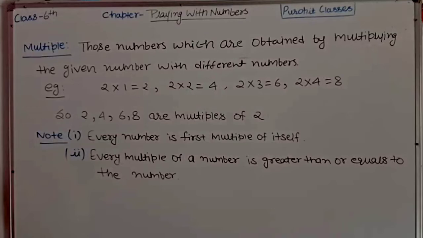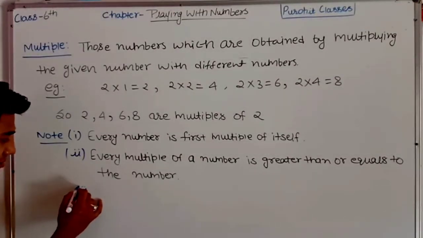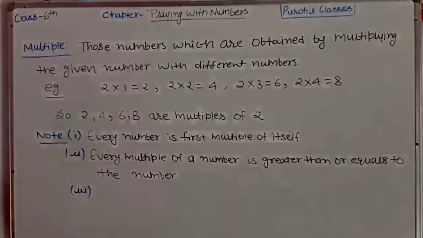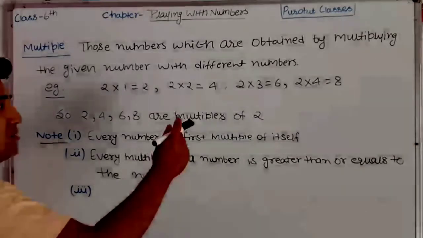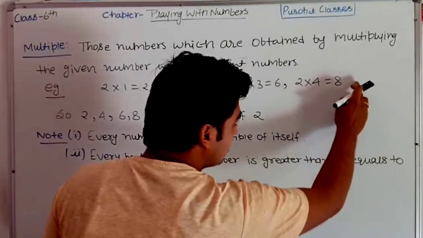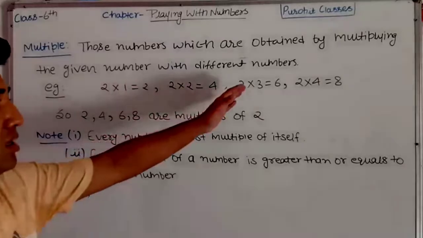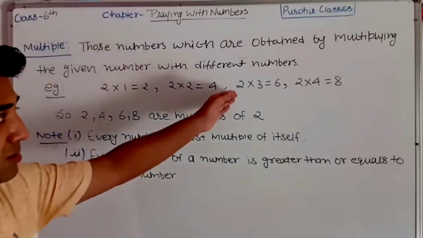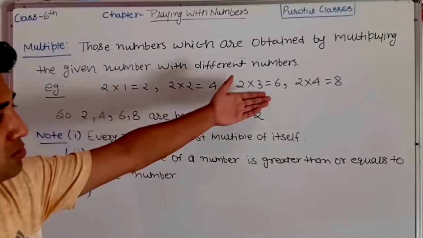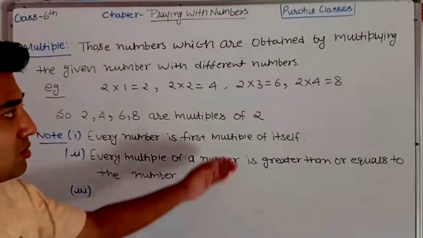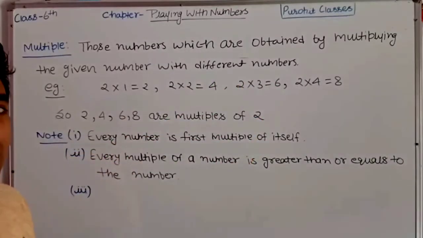Okay. One more thing: how many multiples will there be? As we have seen, the factors are finite, but what can you say about multiples? Pay attention. If I keep multiplying continuously, 2 times 5, 2 times 6, 2 times 7, 2 times 8, 2 times 9, 2 times 10, then it will go up to infinity, because maybe I will continue up to 1000 times. 2 times 1000 will become 2000. Again I will continue with 2 multiplied by 1 lakh, that will be 2 lakh.